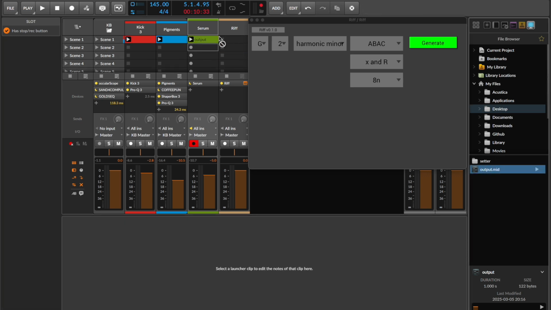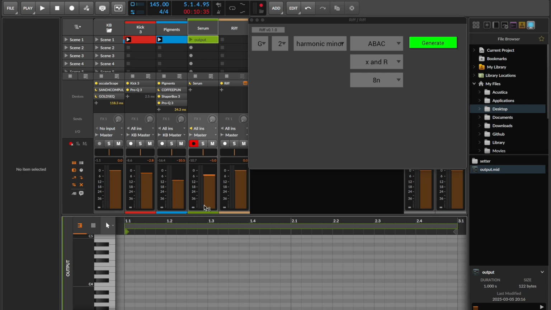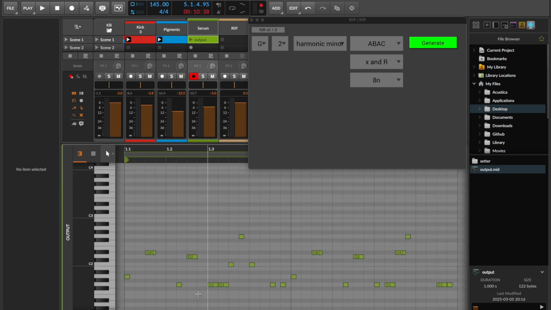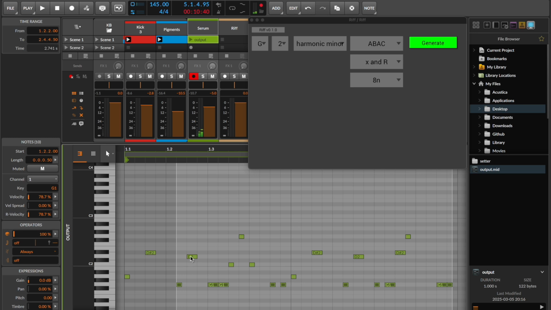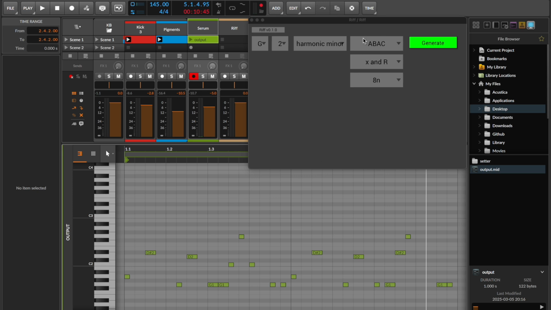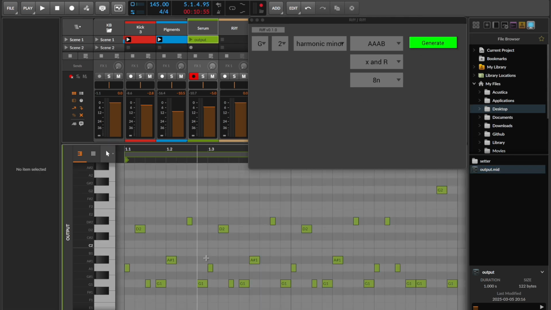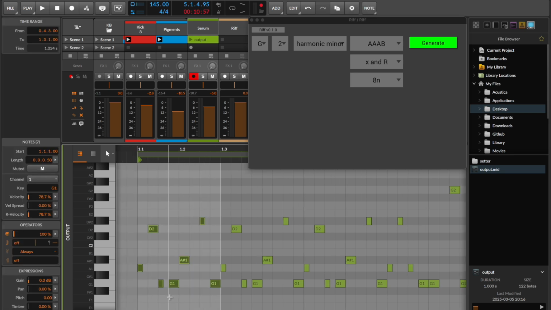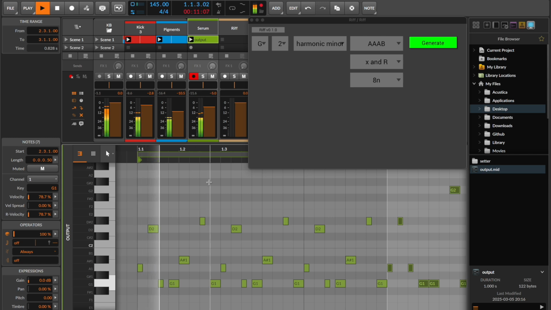This, if I drag it, bring it and try to look at it, see it looks a little different now, because now it has the G note and randomly it has used something from the harmonic minor, and it's again following that same format, A followed by let's do AAB because that's what we were discussing so far, then we can go to the other ones. So if I generate this and kind of bring this over here and double click it, you'll see that it has created a part which is repeated 3 times like this, repeated, and then there is this B part which is slightly different. So if we play that out,